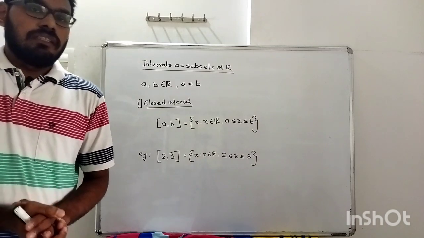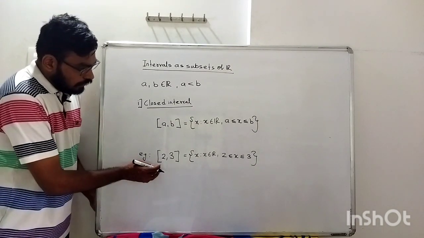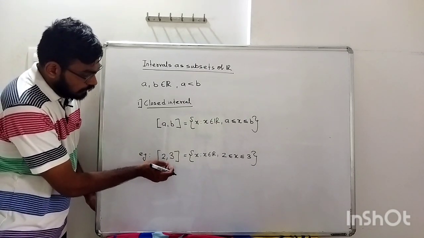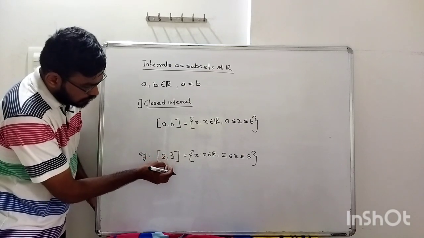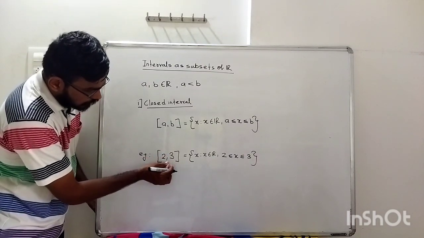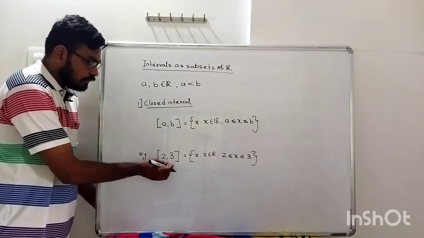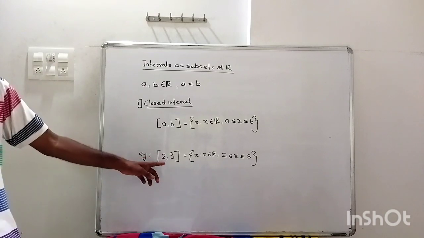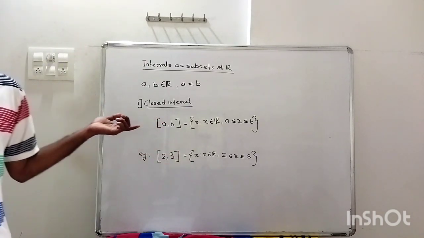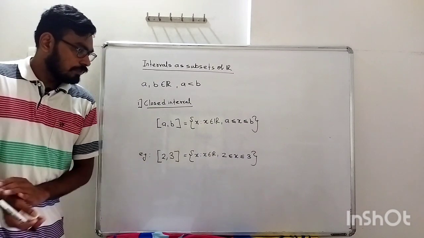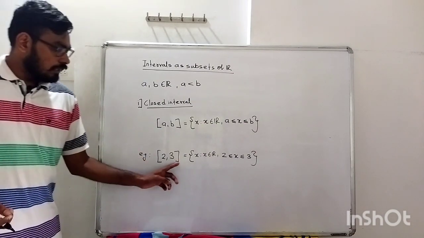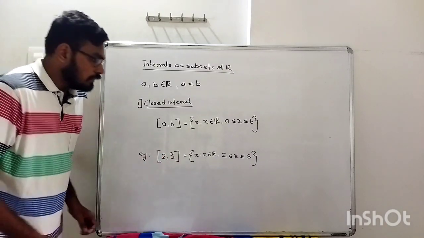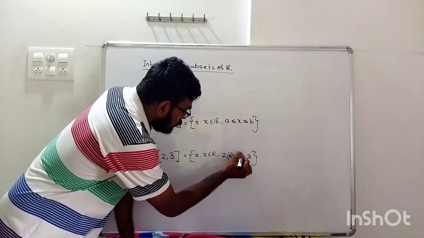Okay, this means that we are talking about a set in which the elements are between this 2 and 3. This 2.01, 2.02, 2.03 all will belong to this. 2.94, 2.45, 2.76, everything will belong to this set. Including 2 and 3. If there are square brackets, that means it is less than or equal to and greater than or equal to.